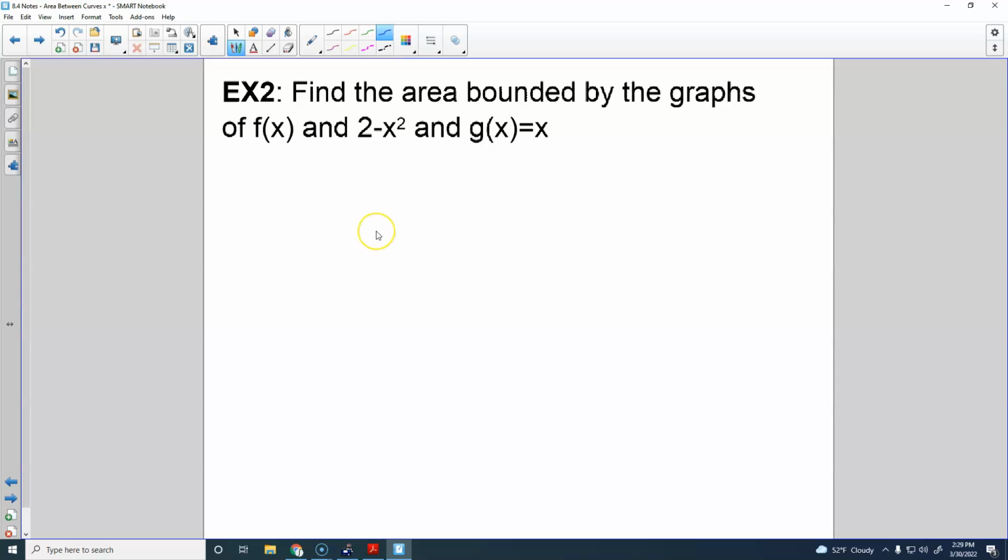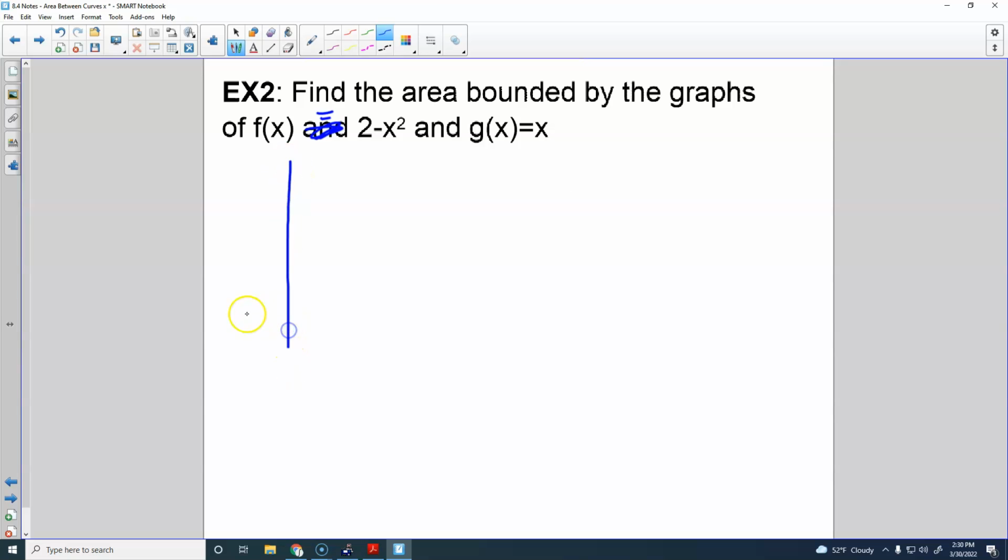All right, so find the area bounded by the graphs of f of x. I think that's not supposed to say "and." I think that's supposed to be an equal sign. It's got to be. I don't know what I was doing there. Okay, so